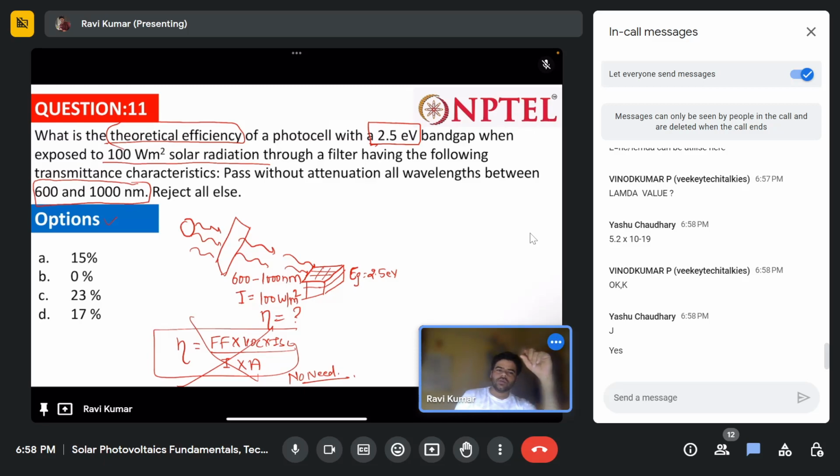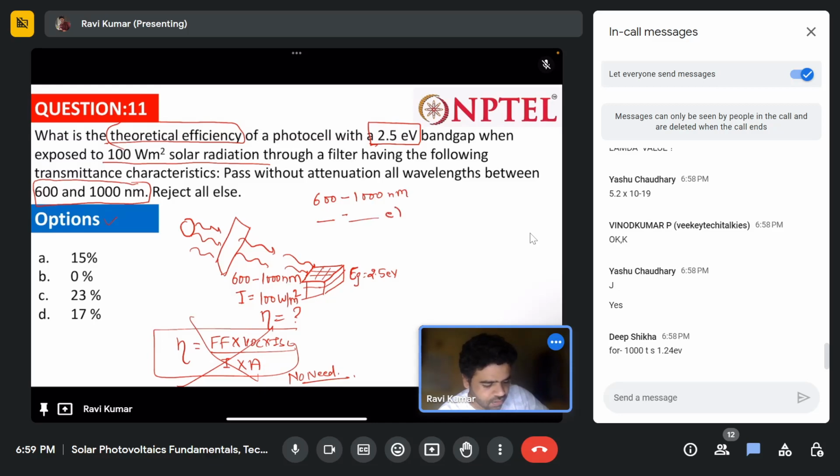And this 5.2 energy corresponds to which wavelength, 600 or 1000? I don't know. Like if this is 600 to 1000 nanometer, give me this: something here, dash something here, electron volt. Give me this. For 1000, 1.24 electron volt, and for 600,